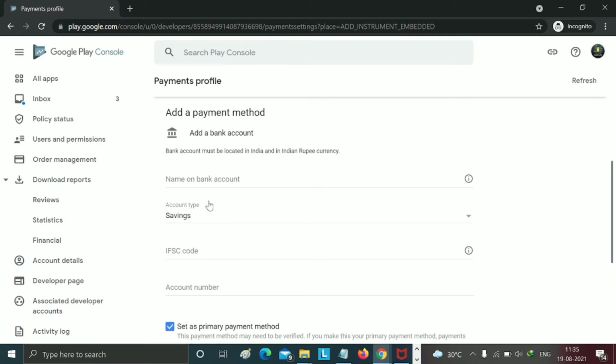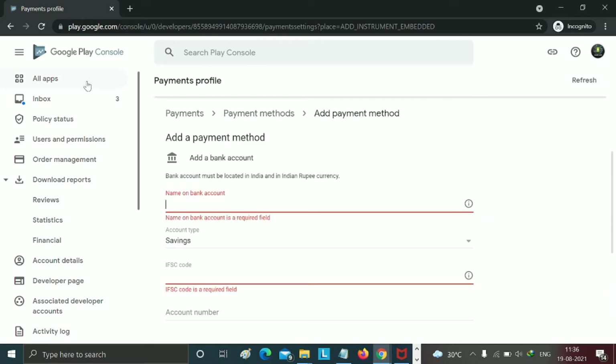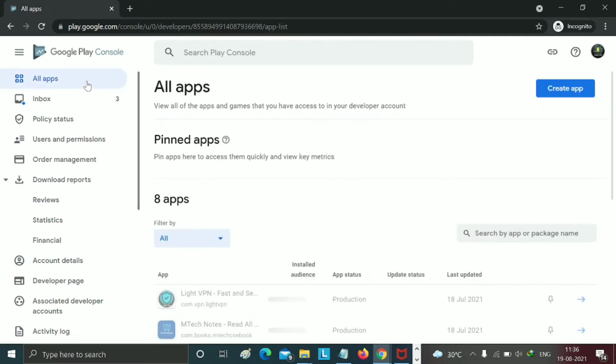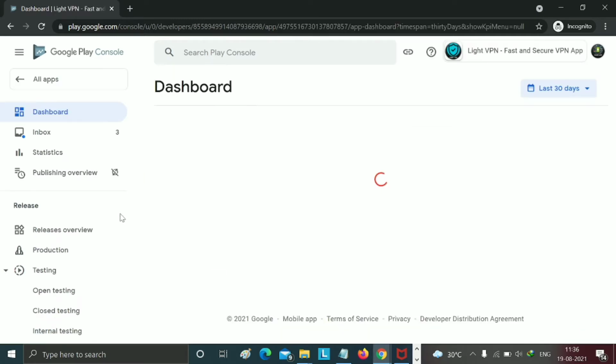Now you need a bank account, the name on the bank account, IFSC code, and account number. Add all your information. Okay, so I will add this, and when you have added all the steps, click on the save option. Now I have added all.